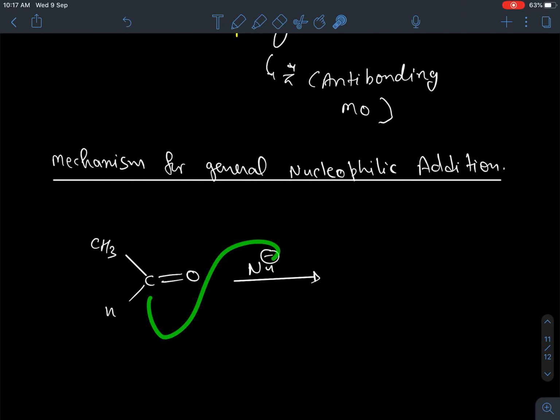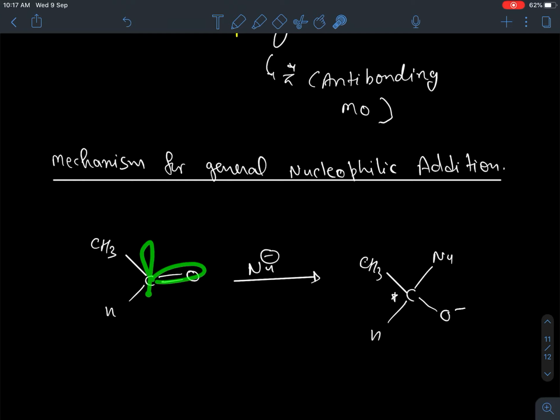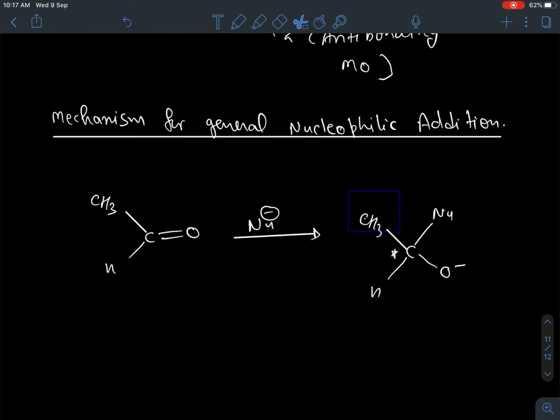So once the nucleophile attacks, if you look at the structure that we are going to get after that, you will understand the importance of what I am going to say. Now is it a chiral molecule or not? Yes, this is a chiral molecule. Now if it is a chiral molecule, is it going to give us a pure chiral molecule, or a racemic mixture? The answer is, because it is planar, attack can take place from either direction, so it is going to give us equal amounts of dextro and levo product. So that is really important.